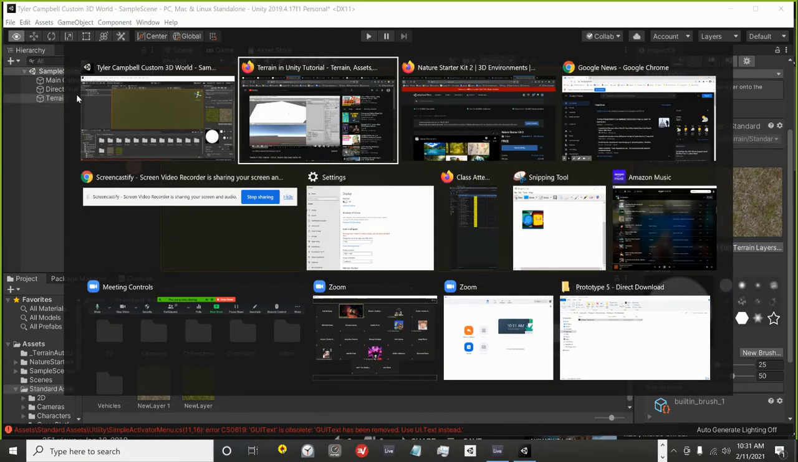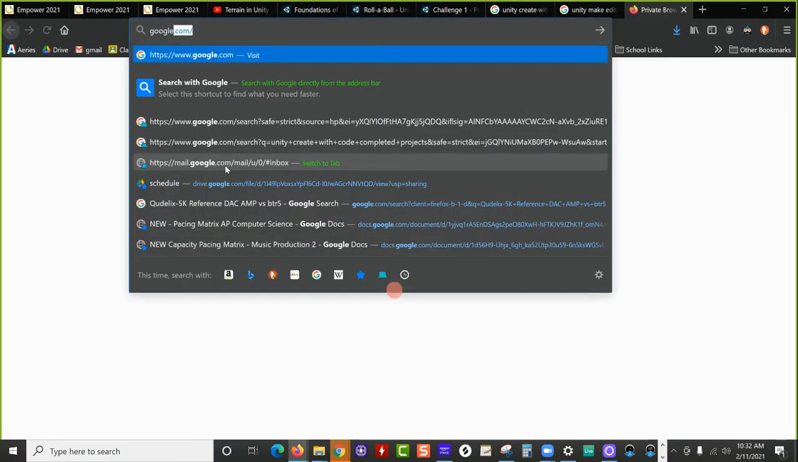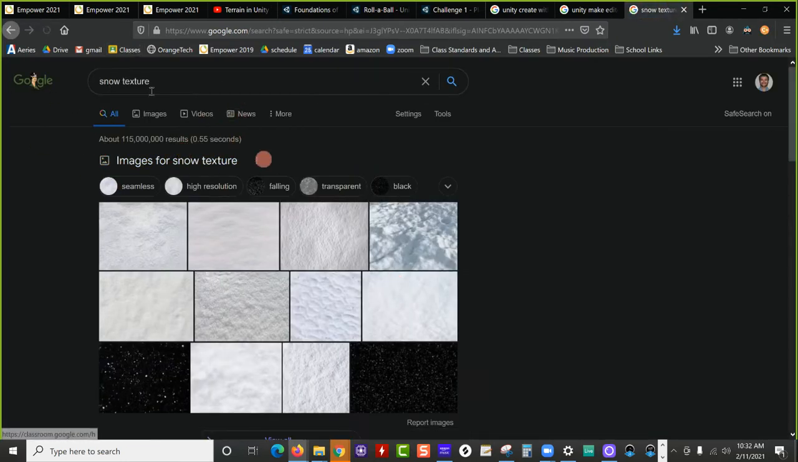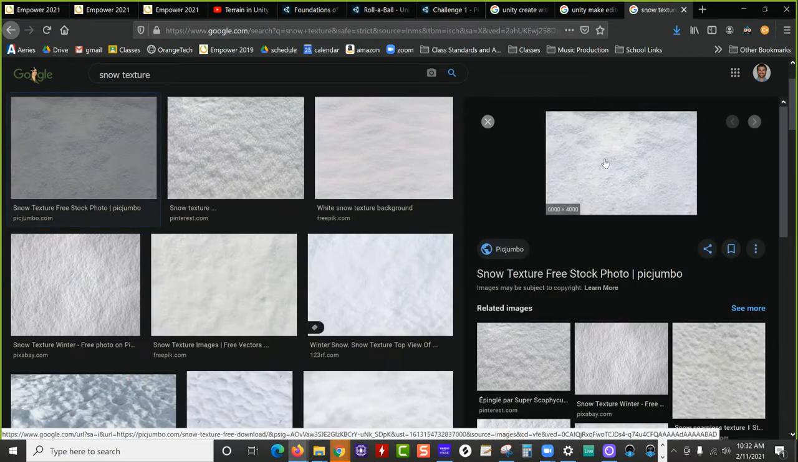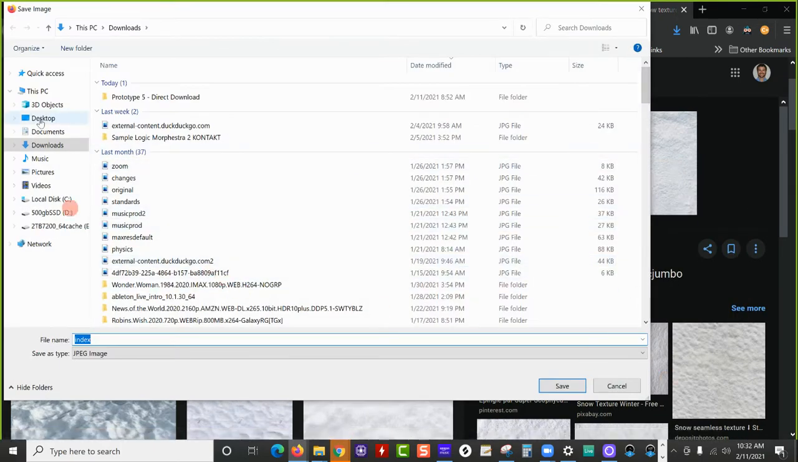If you want to get your own texture, if you wanted to use your own face as a texture or something weird, you can go find the image file. In this case, I'm going to go to Google and I'm going to type in snow texture and click on images and pull up one of these square snow textures. This one looks okay, I guess. And then I just right click on it, click save image as,